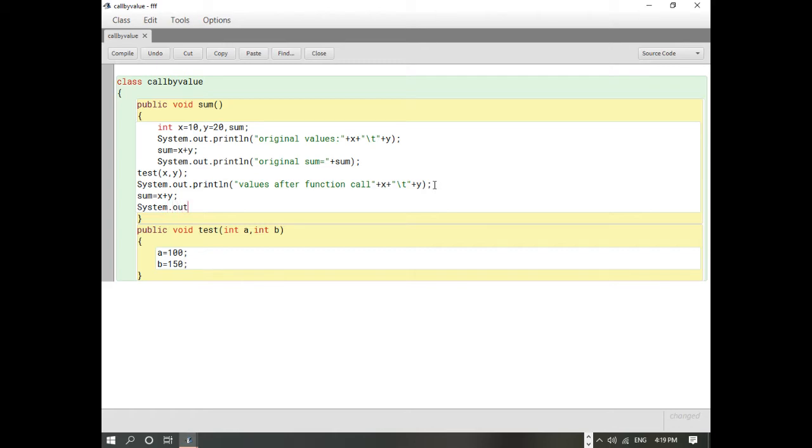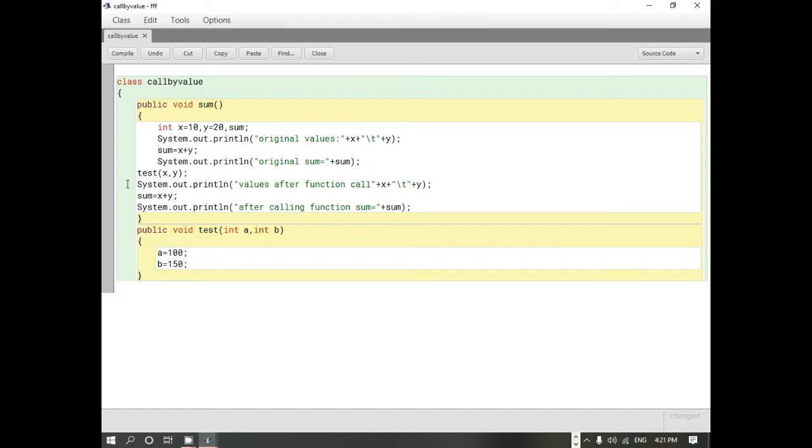So system dot out dot println, and here we can print after calling function sum equal to plus sum. So now this program is complete.